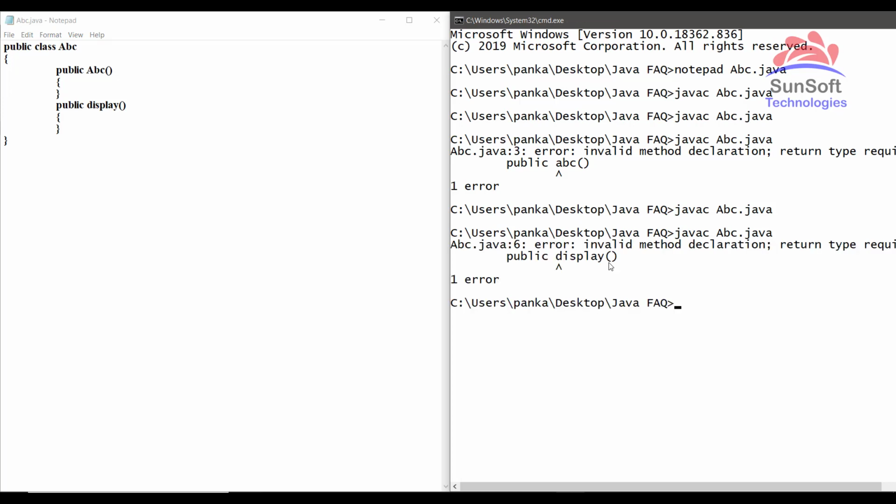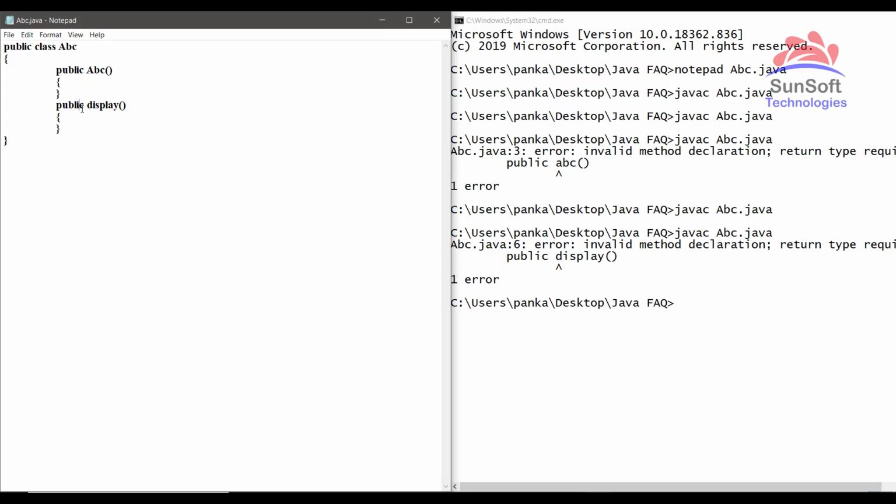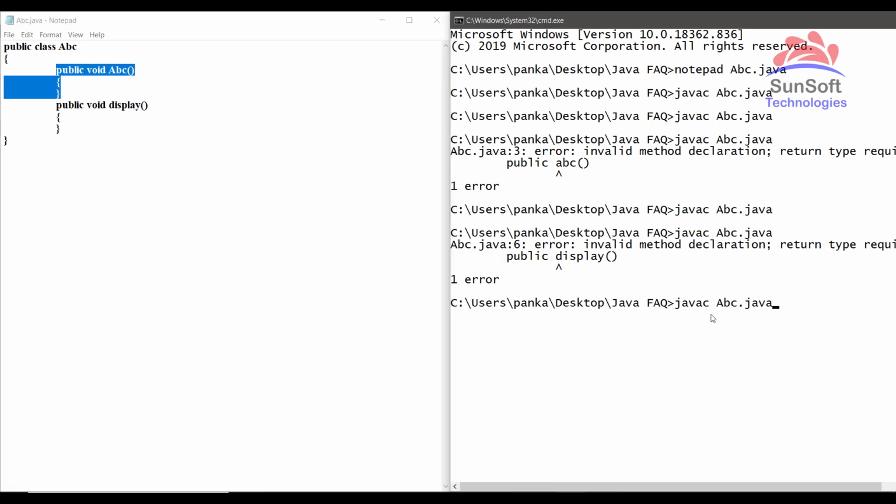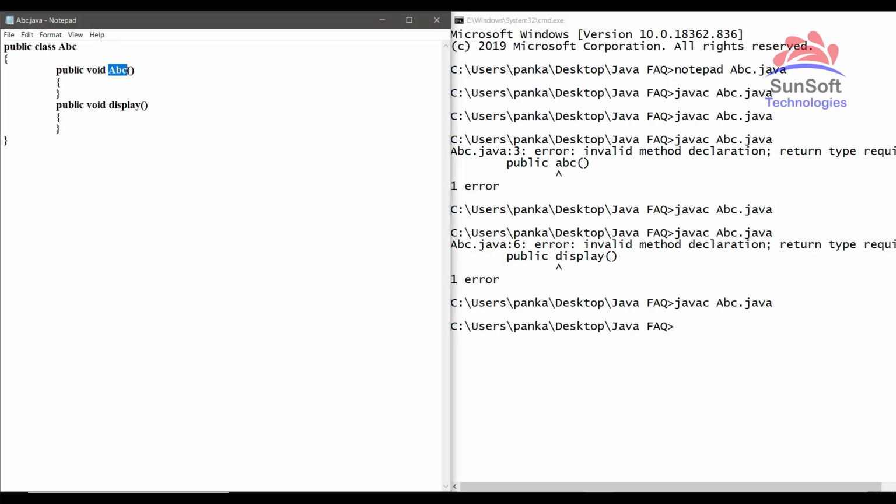So you can see it shows an error. Here, methods must have a return type, whereas we can see the constructor doesn't have a return type. Remember, if you try to provide a return type for a constructor, it is no longer a constructor, it has become a method. So you can check here. Now if I try to compile, it has compiled, but the reason is that it is going to treat it as a method now.